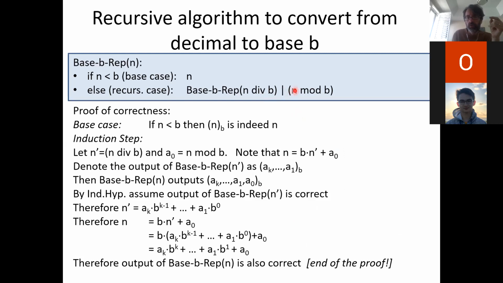If B is 2, this is x, and n is x. N is x, B is 2. So this is x mod 2, and you run recursively on x div 2. Every time you move x to x div 2, x div 2, x div 2, you spit out whatever x was mod 2. And it turns out that this spitting out is actually the representation in base 2